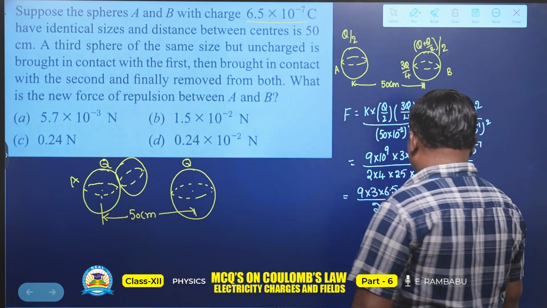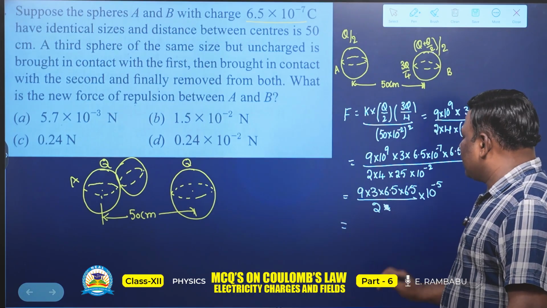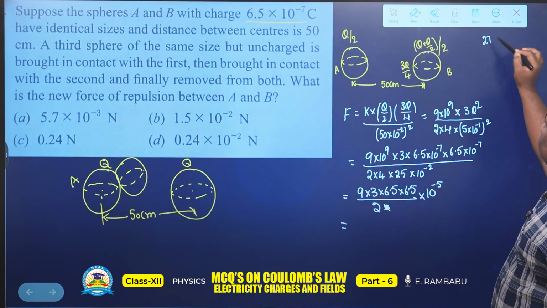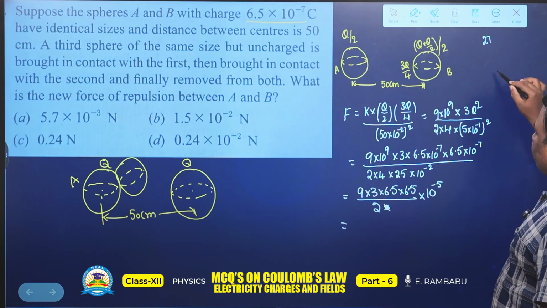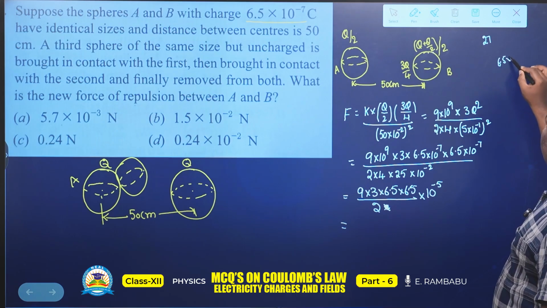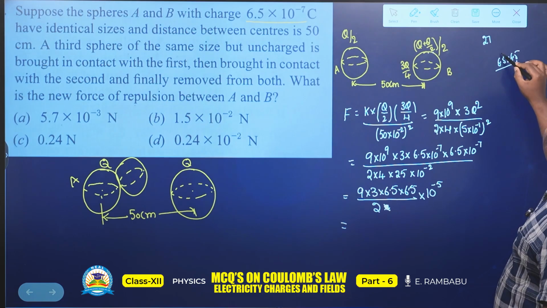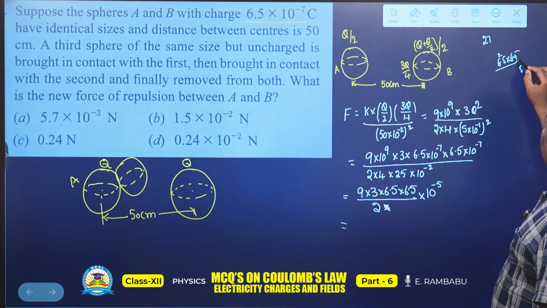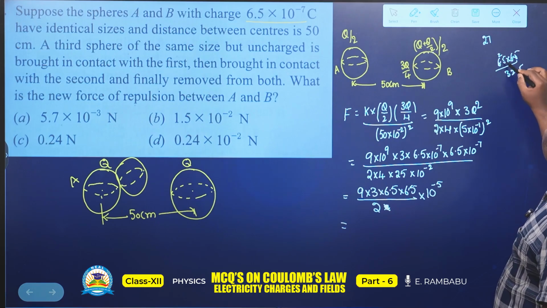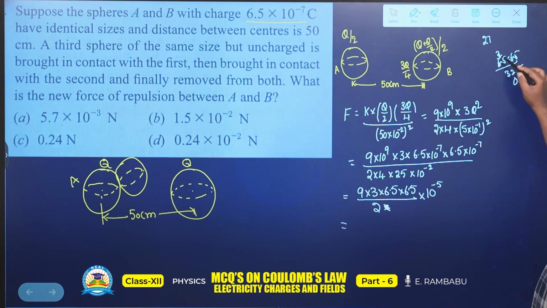To simplify this, I am going to take the multiplications like this. 9 into 3 is 27. And 6.5 into 6.5. 5 5s are 25, 5 6s are 30, 6 5s are 30, 6 6s are 36, plus 3 is 39. So it is 42.25. Again 42.25